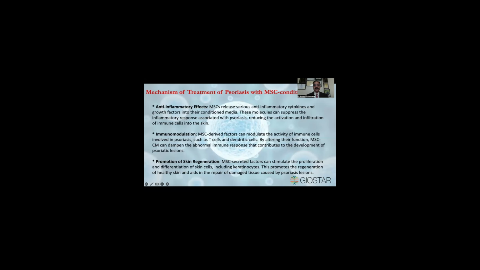MSC-secreted factors can stimulate the proliferation and differentiation of skin cells, including keratinocytes. This promotes the regeneration of healthy skin and aids in the repair of damaged tissue caused by psoriatic lesions. So these are the wonderful mechanisms by which conditioned media helps to repair or manage skin